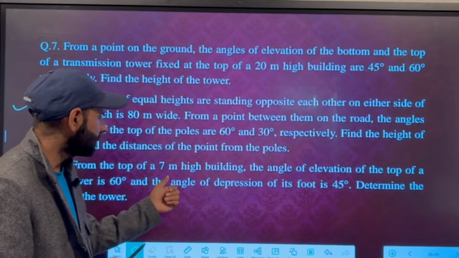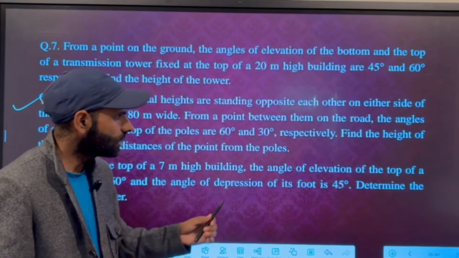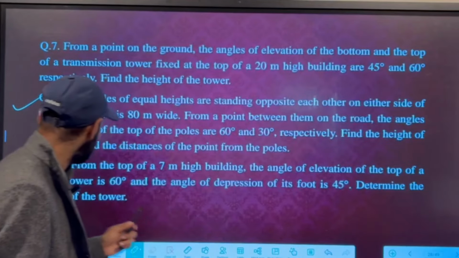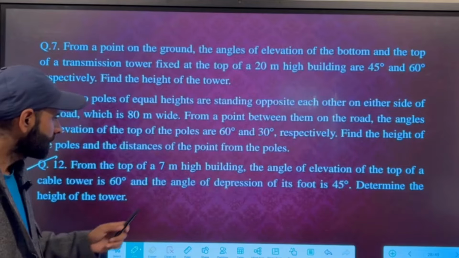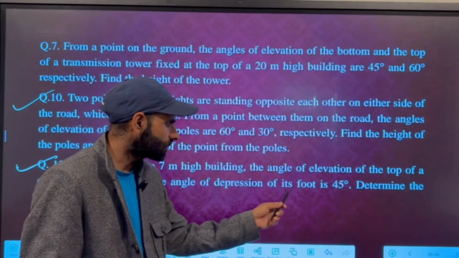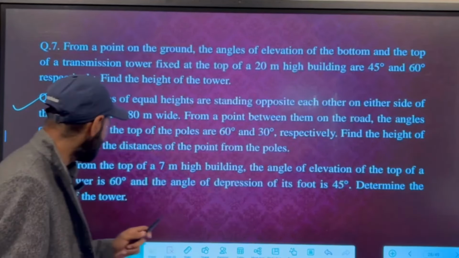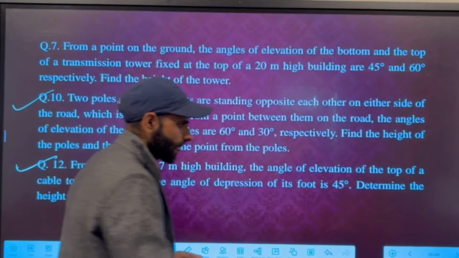From the top of a 7 meter high building, the angle of elevation of the top of a cable tower is 60 degree and the angle of depression of its foot is 45 degree. Determine the height of tower. Coming to